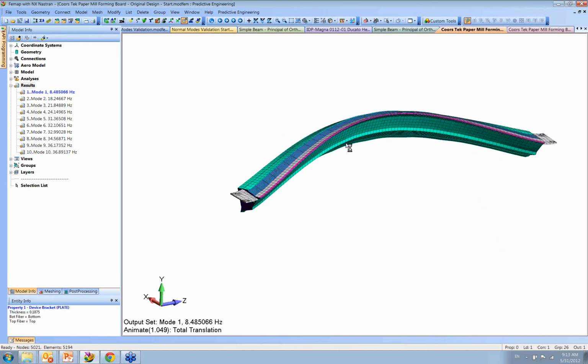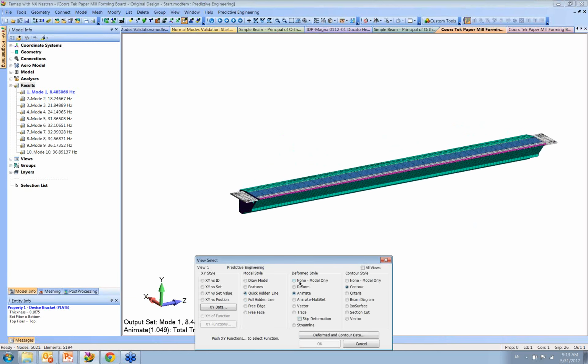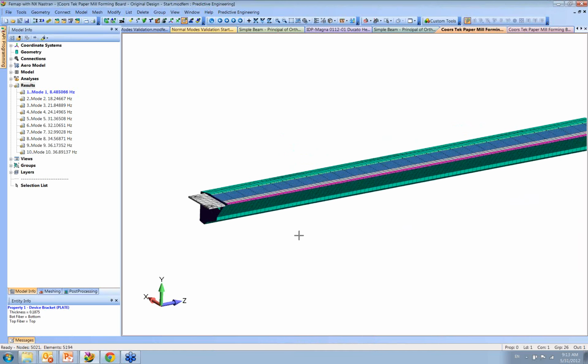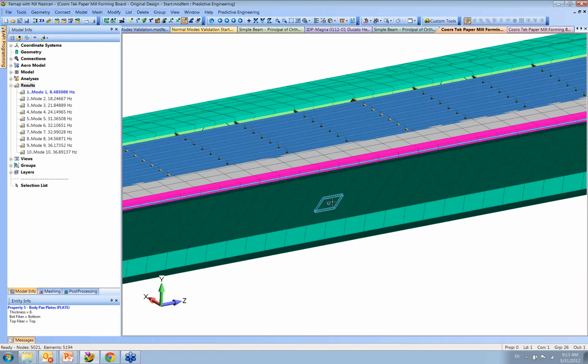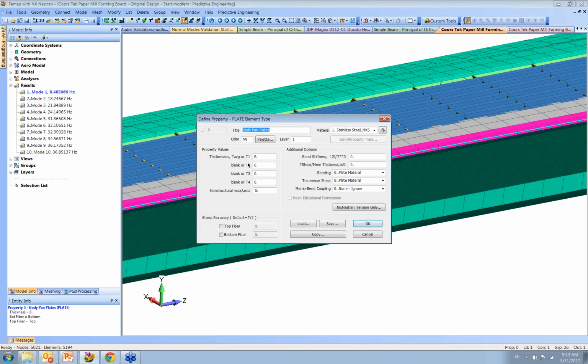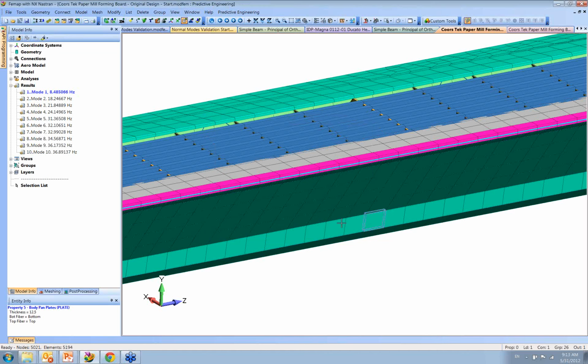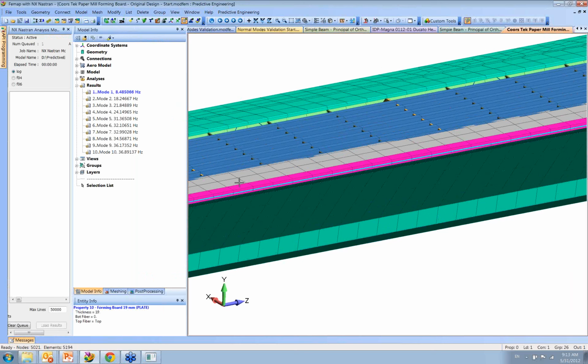Remember, that's 8. So let's just say, well, gee, it's moving up and down. It's like a beam. Okay, fine. So then let's just reinforce. I will just make those right there. I want to make sure I got the right plate right there. Edit. You know, that's 8 mil, so we'll just make it half an inch, 12.5. Body plate right there. So let's just rerun. This is a real model. You see, 5,000 nodes.